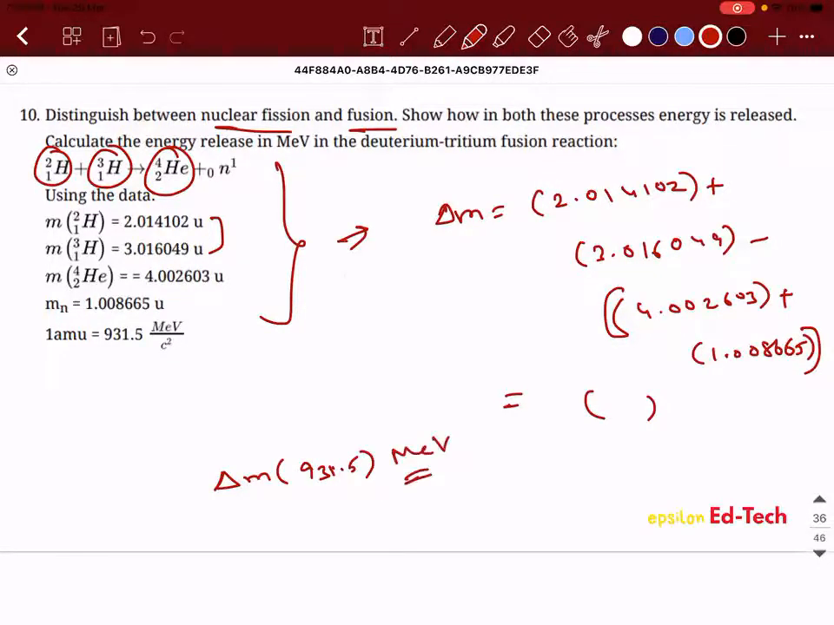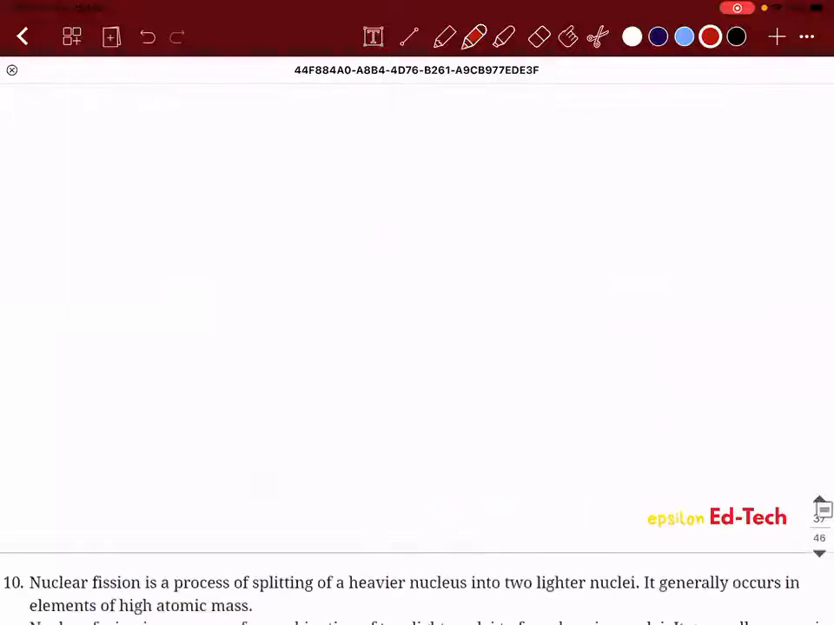That will give you the answer, and the answer comes out to be 17.589 mega electron volt. If you made a mistake in the previous test and you had corrected it, you would have been able to answer this. Okay. Similarly,